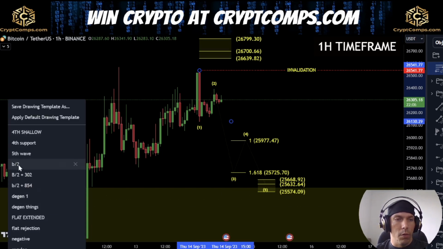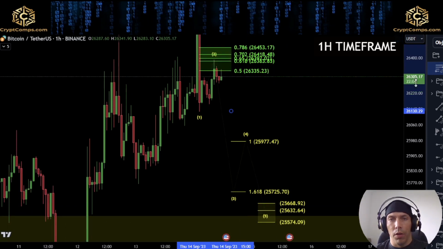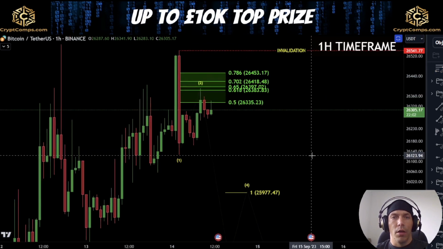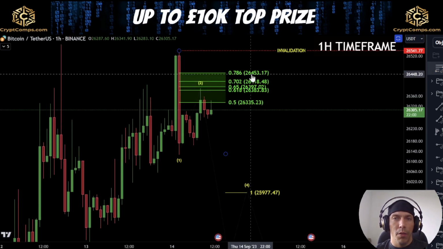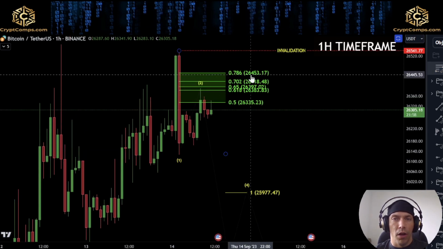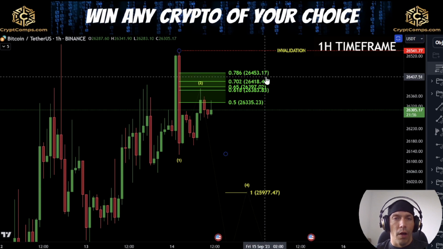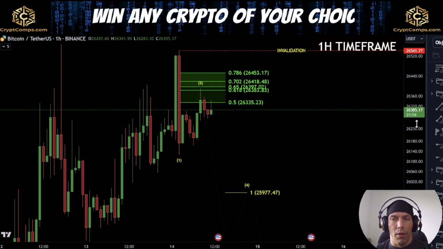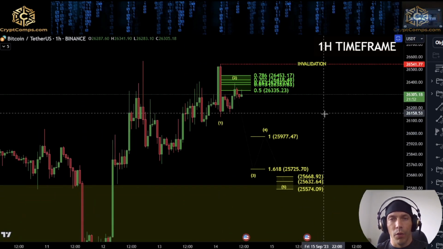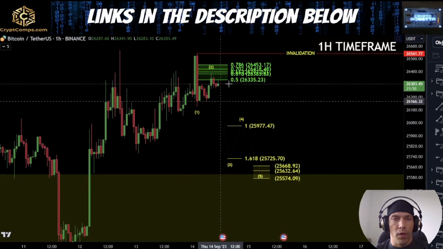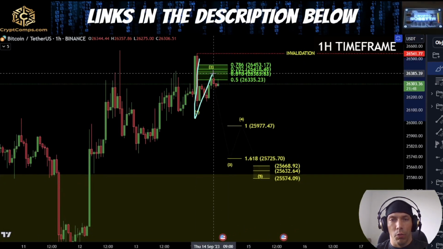It's going to throw this B wave area on here. We've come up into that golden pocket area. Now, it is possible for us to move up higher, but I wouldn't really want to see a move too much higher than this 26,453. Otherwise, it becomes more likely that we got something else going on here. Now, within this idea, what we'd be saying is that this would be 1, 2, we'd be looking for a